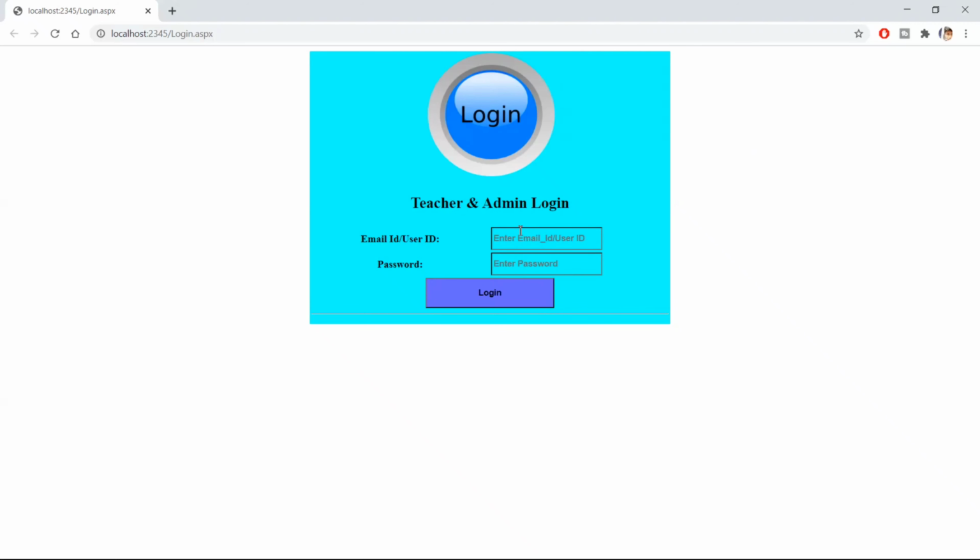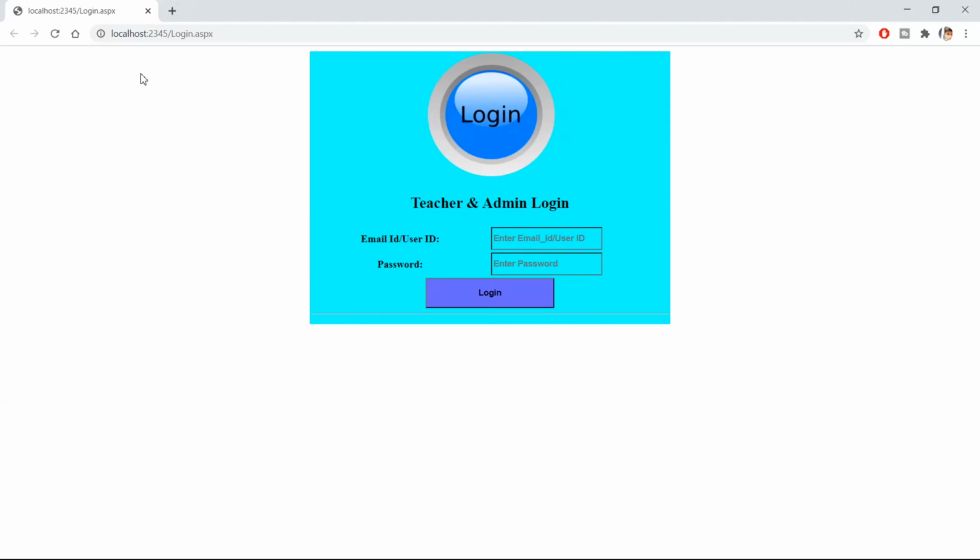Okay, I have set the login page as the start page for this project, so it will open this login page by default every time we run the project. So first of all, we have to log in, then it will redirect the user according to the user type, that is, whether he or she is a student, a staff member or teacher, or an admin. Based on that, it will redirect to the page.